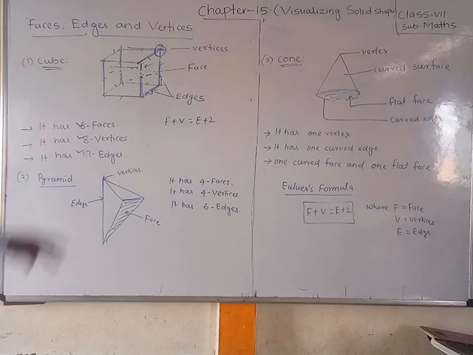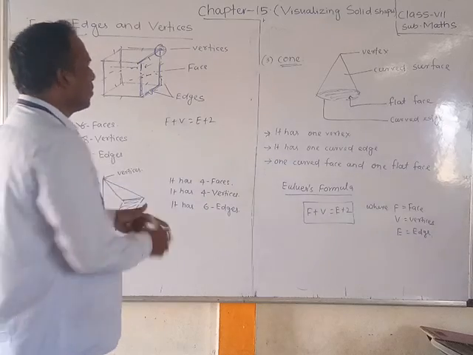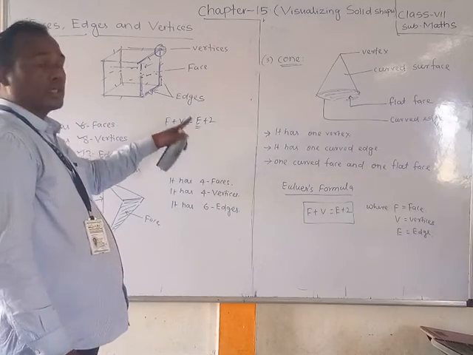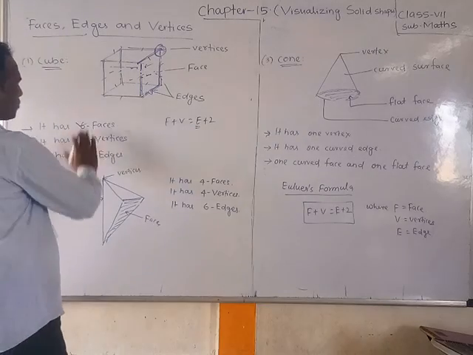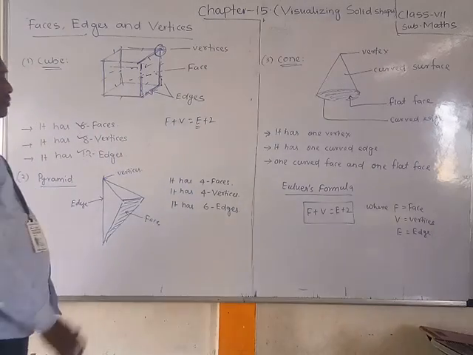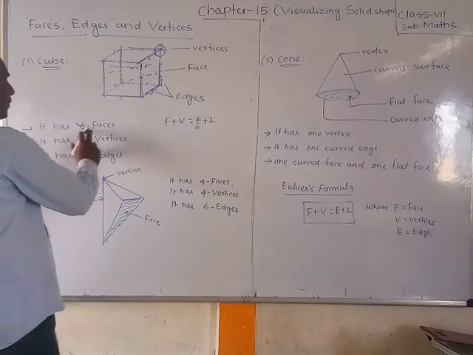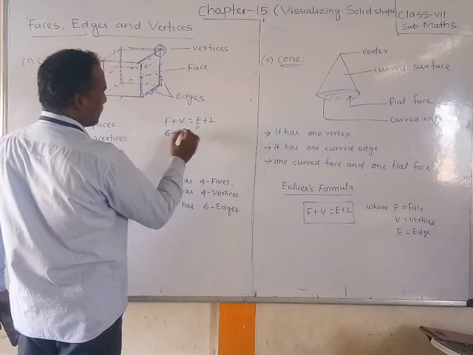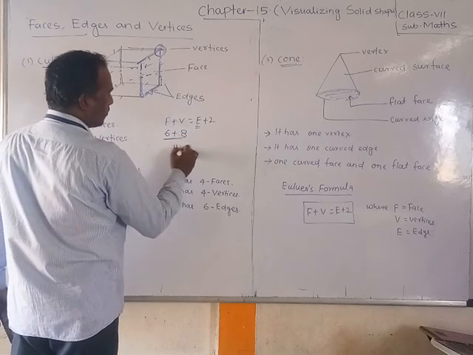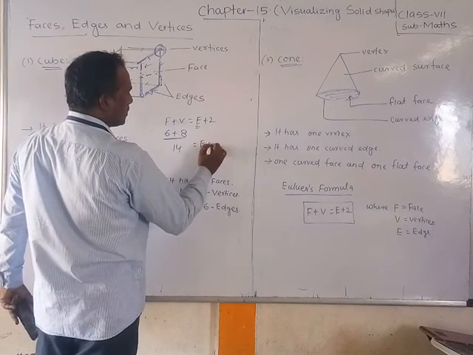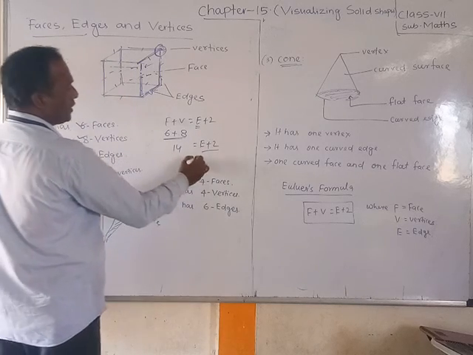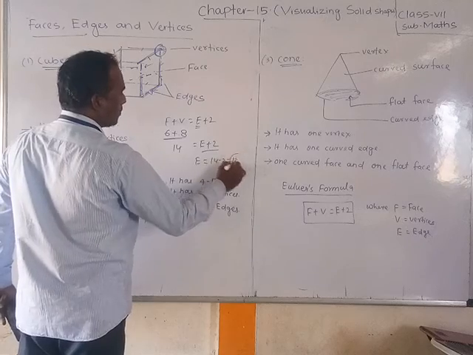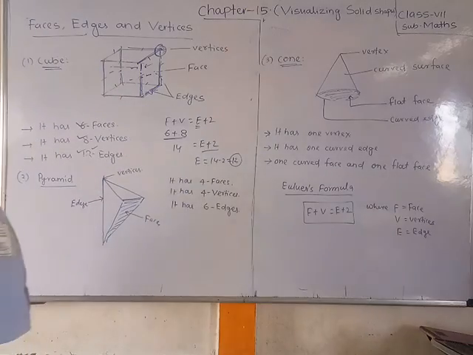So Euler found that if one of them, suppose we don't know the edges, then how do we find out whether it is correct or not? तो ये रिलेशन पे इसको हम पुट करेंगे तो इफ इट इक्वल कम देन ऑलमोस्ट ऑल दैट इज करेक्ट. So now faces, suppose I keep 6, plus vertices 8. How much did it become? तो 14 हो गया. So E plus 2 is equal to 14. So E is equal to 14 minus 2, which is 12. So we got 12. So compulsorily we will get 12.